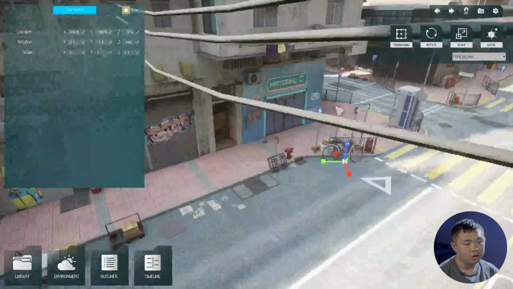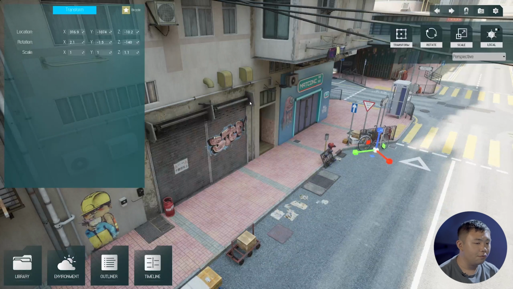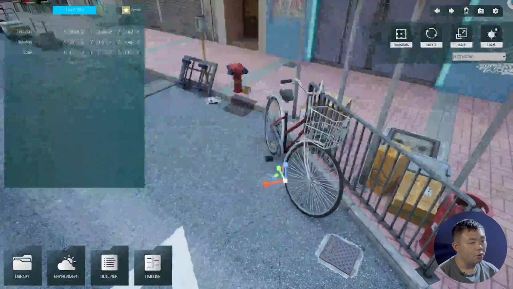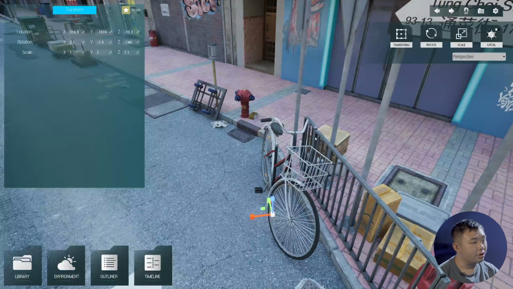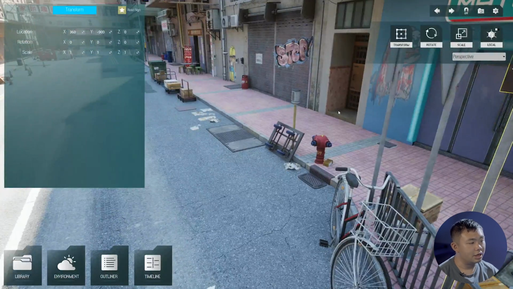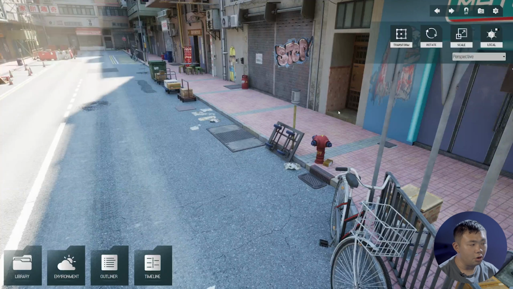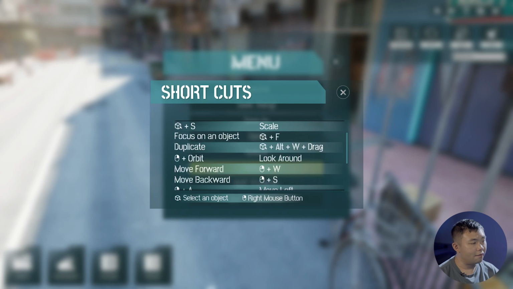And we have a secret function here. All right, so I select this bike, but I want our camera to focus on the bike. So we can just simply click Focus and the hotkey is F. When you click F, our frame will focus on the bike or on anything you select. If you are not happy with the move, you may just undo any actions by clicking Undo or pressing Ctrl Z. Reset is a very handy function if you make a mistake. In case you forget any of the shortcut keys, you may just press Esc on your keyboard to go to the main menu and click Hotkeys to review all the shortcuts you have in Cinesim.